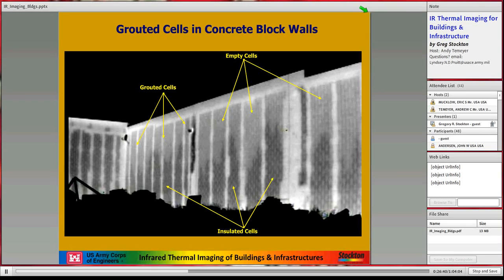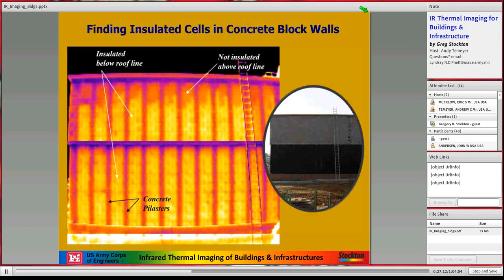And in this picture, you can see three conditions with an infrared camera. You can see the grouted cells, you can see the empty cells, and you can see the insulated cells. The insulated cells are darker because they're keeping the heat bouncing back and forth. The empty cells are letting the heat pass through easier, and the grouted cells, because this picture was taken about